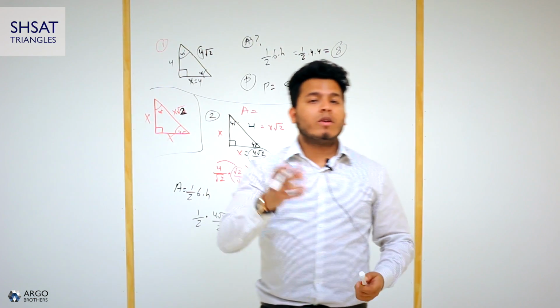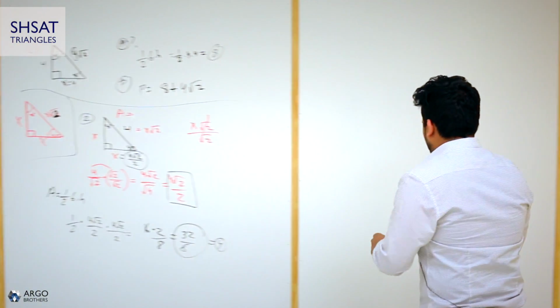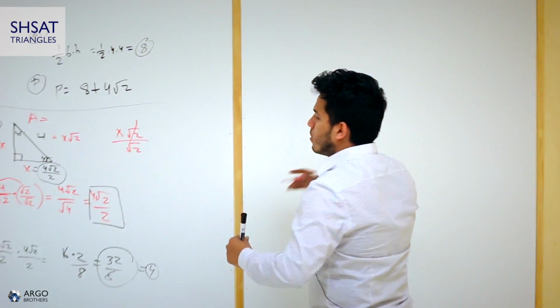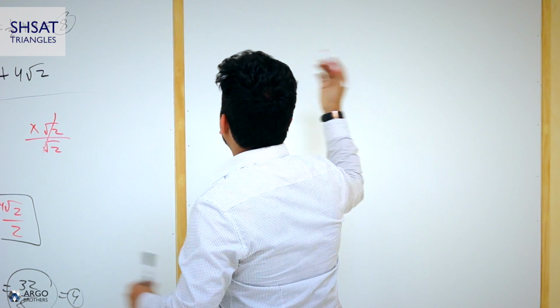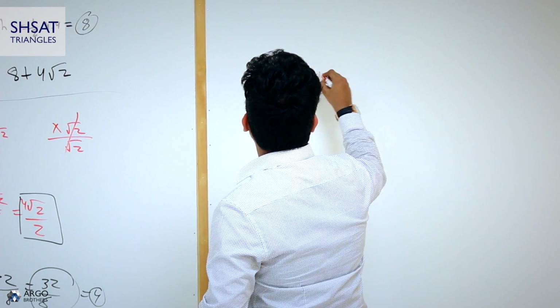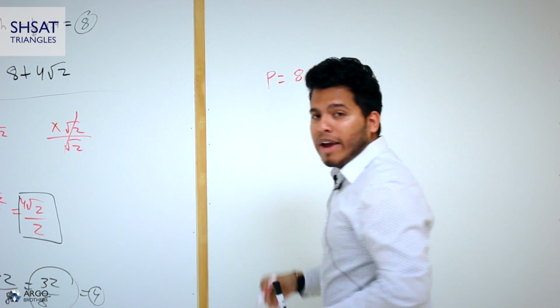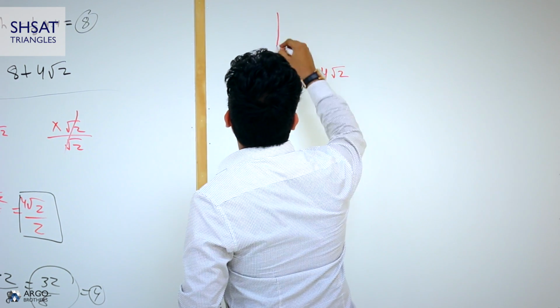Okay, so now let's take a look at another question. What if I gave you the same triangle, but now I said, you know what? I'm just going to give you the perimeter. The perimeter is equal to 8 plus 4 radical 2. 8 plus 4 radical 2. And I have a